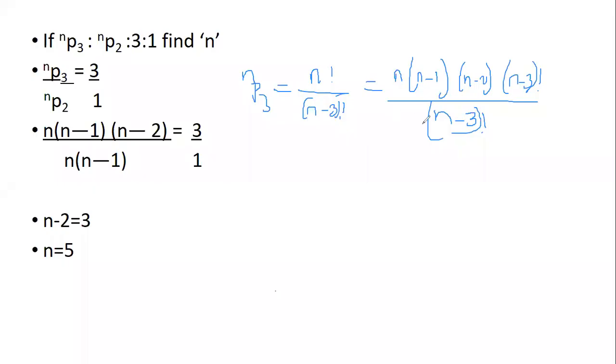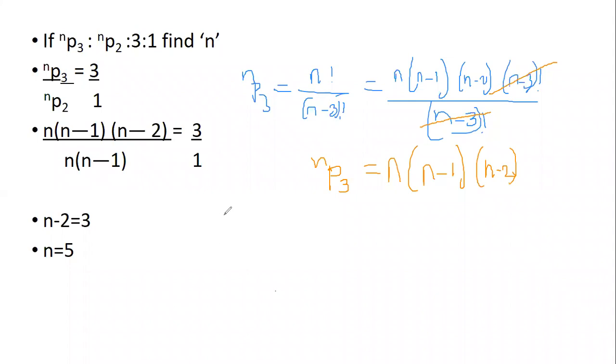Okay, so we are supposed to cancel n minus 3 factorial and n minus 3 factorial. So what is my resultant? n into n minus 1 into n minus 2. This will be the form for NP3. Correct? Okay, Rajeshwari, just listen carefully here. We will do the same thing for NP2, then you will understand it better.